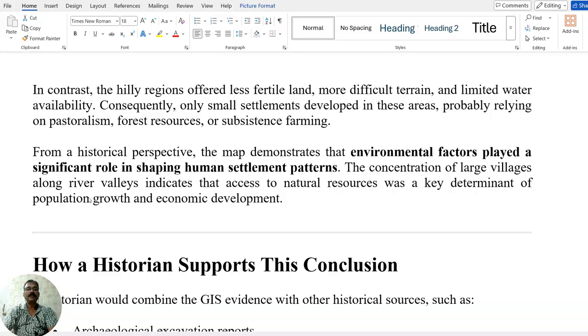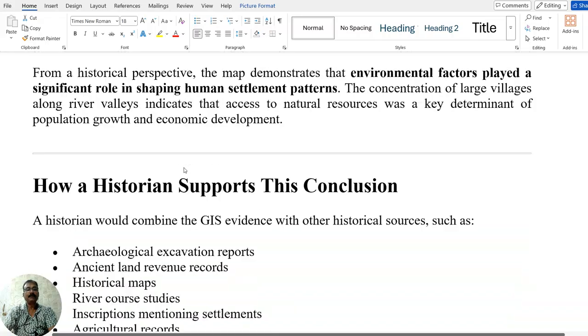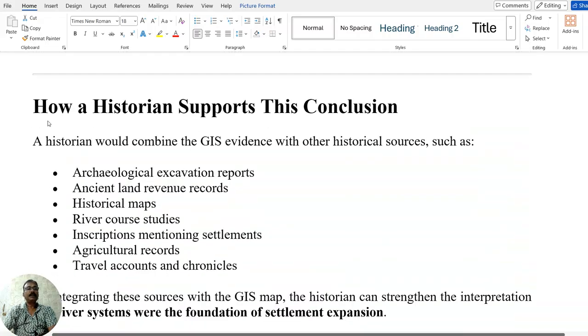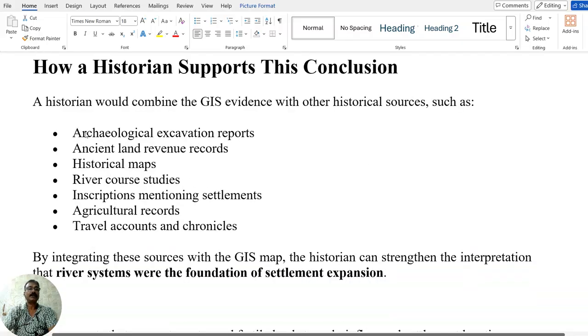The concentration of large villages along river valleys indicates that access to natural resources was a key determinant of population growth and economic development. In this way, a historian can explain the possibilities with the help of this spatial historical GIS map. How does a historian support this conclusion? A historian would combine the GIS evidence with other historical sources such as archaeological excavation reports, ancient land revenue records,